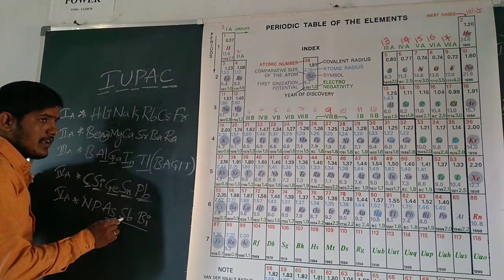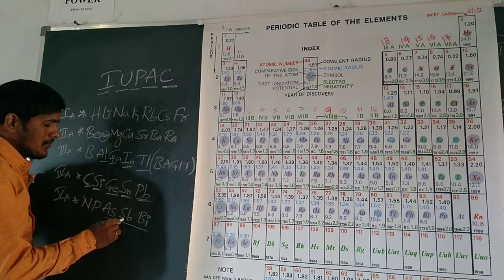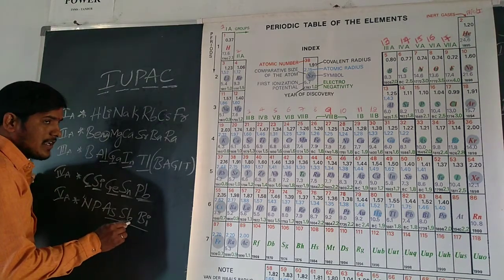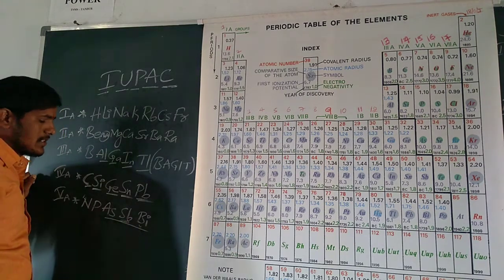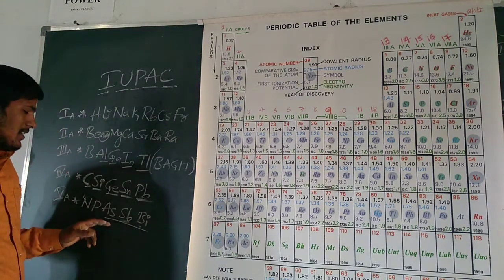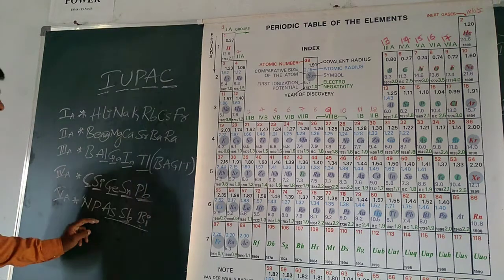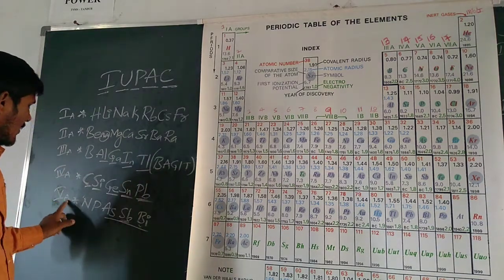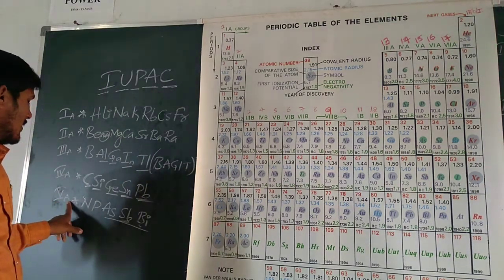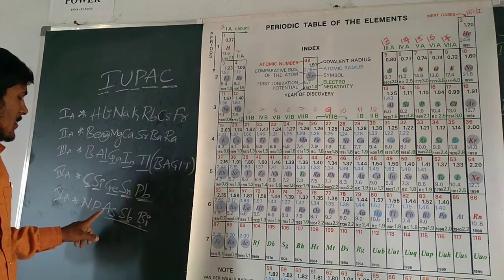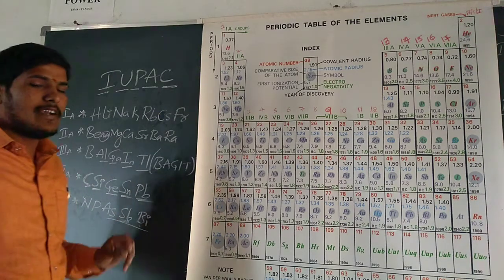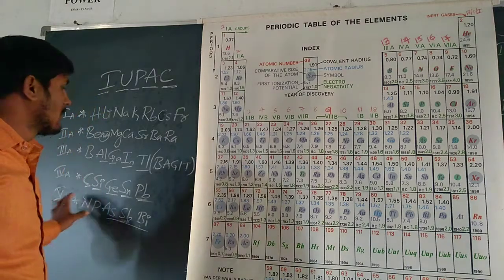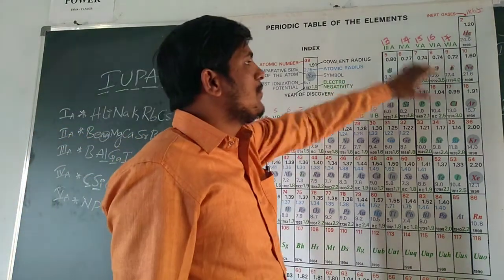It will be coming to the next element's first letter. And here antimony, Sb means antimony. Here b is the second letter. It will be the next element's first symbol. So by using this code, you are able to remember the 5th A group elements or 15th group elements, that are nitrogen, phosphorus, arsenic, antimony and bismuth.